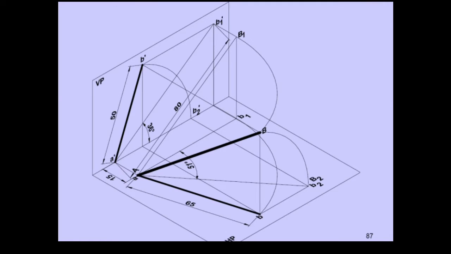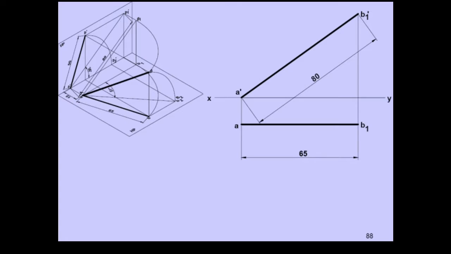So if you start with the solution, initially start with the projections of end A by locating A dash on the same projector, and locate end A in the top view at the given distance of 15 mm in front of VP. Now considering the line inclined only with respect to HP, the top view length is given. So first draw the top view of the line parallel to XY, AB1, and then draw a projector through B1, and from A dash mark off a length of 80 mm to locate B1 dash.